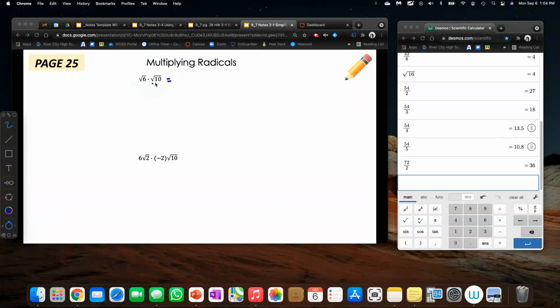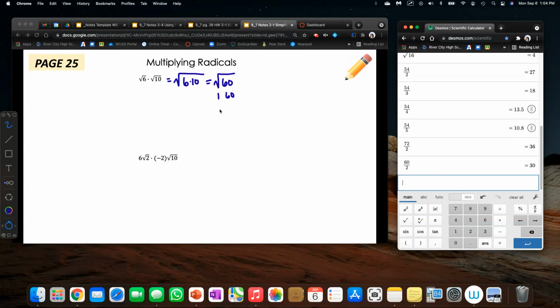So first thing I'm going to do is multiply the 6 into the 10. The same way we can split these apart, we can actually put them together. So square root of 6 times 10. 6 times 10 is 60. And then we're just going to go through our same simplifying process. So 60,